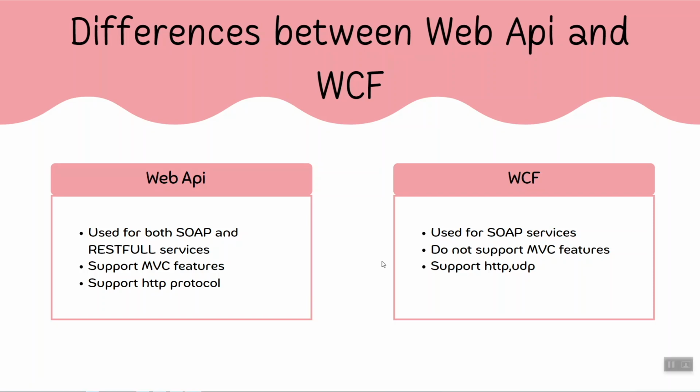Web API builds the HTTP services and handles the request using the HTTP protocol. Request may be get, post, delete, or put. Get means get the data. Post means push data into the database. Delete means remove the data. Put means updation. We use Web API for creating RESTful services.